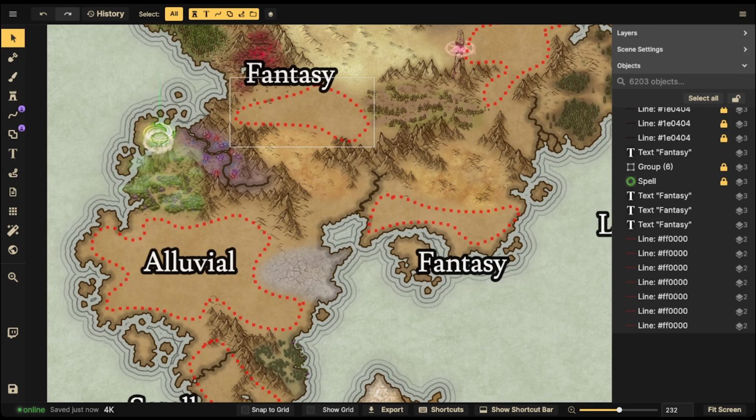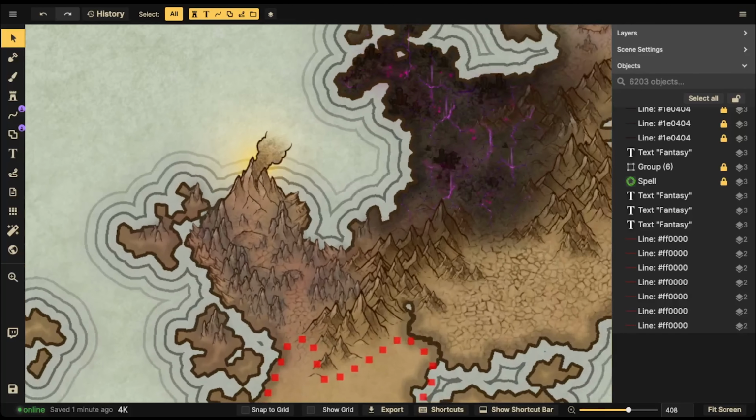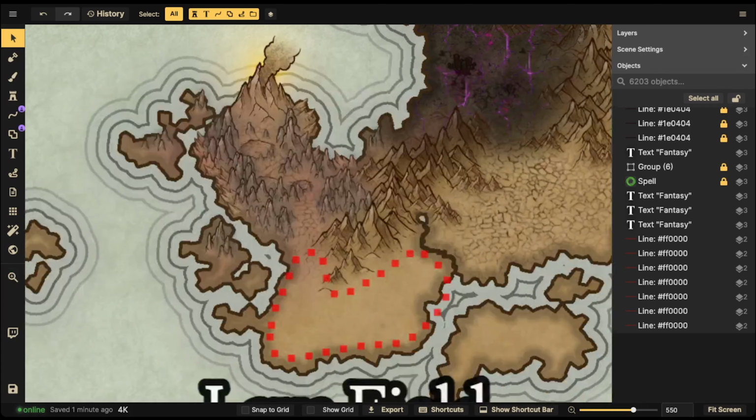So let's go to that next one. It's called a lava field. Now we do have a volcano right here, so it only makes sense that we should probably have a lava field next to that. Now, just so you know, the lava field is a bit different. The lava field is generally like